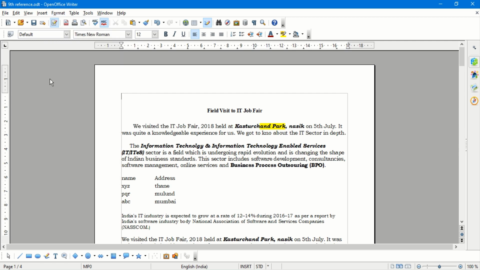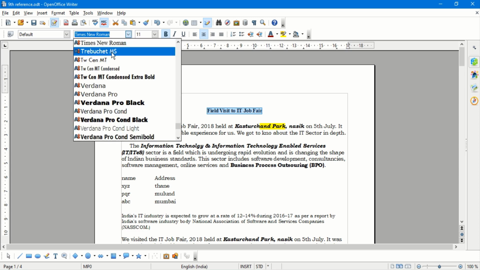Formatting can also be done through the formatting toolbar. Some of the most commonly used formatting options are also available to us on the formatting toolbar. Many of you would be aware of it also. Still, we will have a practice that for any formatting we need to first select the text.